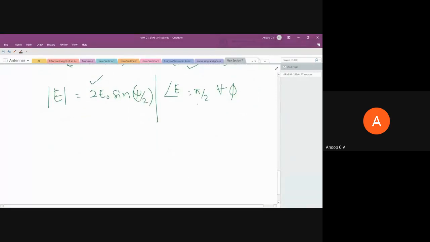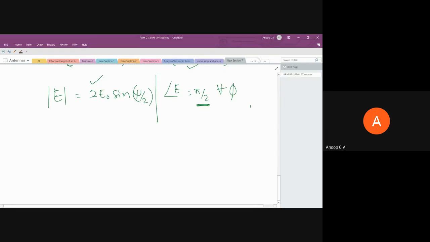So what is the meaning of this? The phase is pi by 2, which means the resultant field is 90 degrees out of phase with respect to the phase reference. Again, the phase reference is up to our convenience. In this case, I have considered the origin as phase reference. Instead of that, you can take source 1 as phase reference. Then the result will be different. So in the next class, I will show you one more approach. Instead of considering the origin as phase reference, I can take source 1 or source 2 as phase reference. Then the resultant expression magnitude will remain the same, only the phase part will change. We'll see that later, not now.